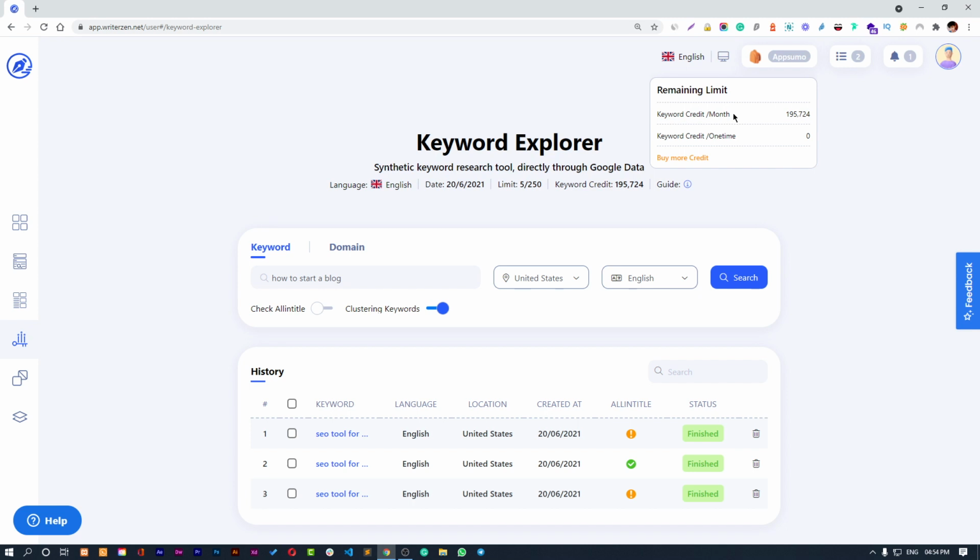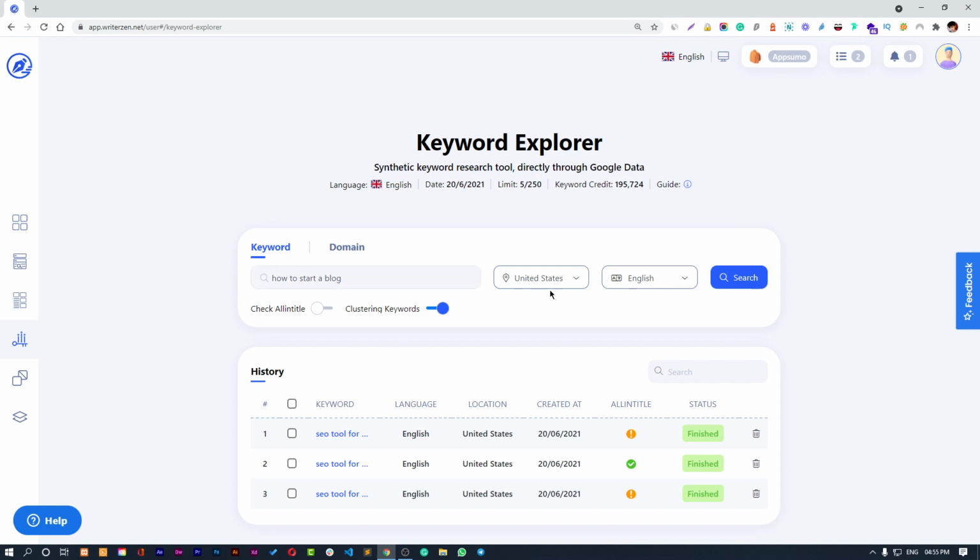majority of software these days works based on the limits they provide, like a credits system, coin system or something. So in this tool you also get some monthly coins. I have spent some coins and it was 2 lakhs. If you are using the AppSumo plan, you are going to get that credit limit, and it's also showing me the limit, right guys? So every time you enable any feature, you are spending extra credits. So make sure you use that feature only if you need it.